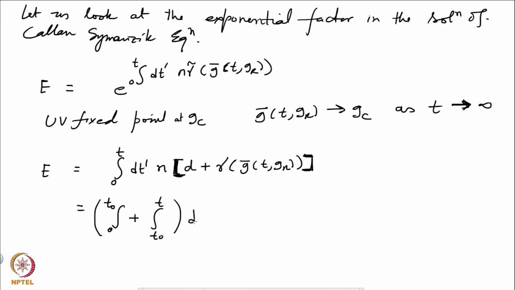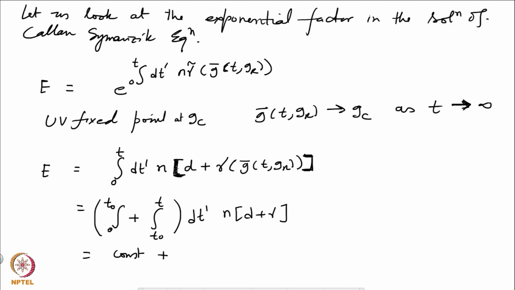And here then you have dt prime n times d plus gamma. I've just omitted the arguments. So what does that give? This integral 0 to t naught dt prime n times this, when you have done it, will give you some constant plus this integral. In this integral, because I am taking t naught to be very large, and t also I am going to take to infinity, in the integrand I can write this as